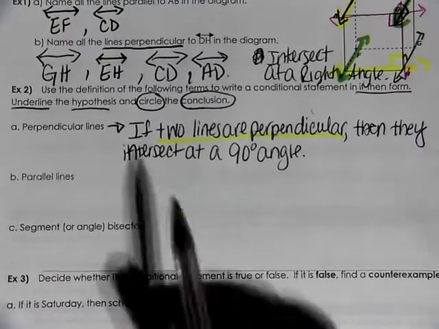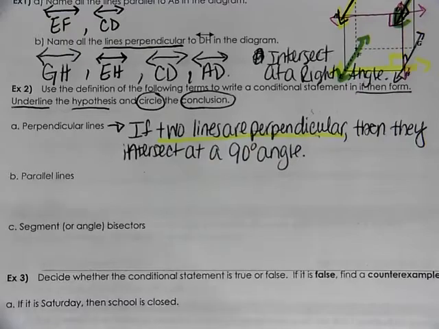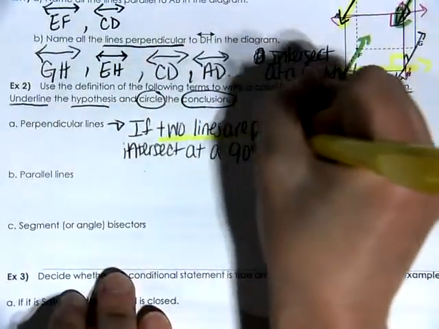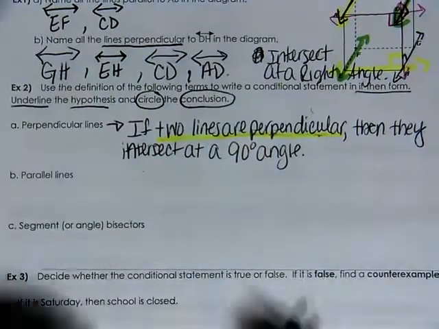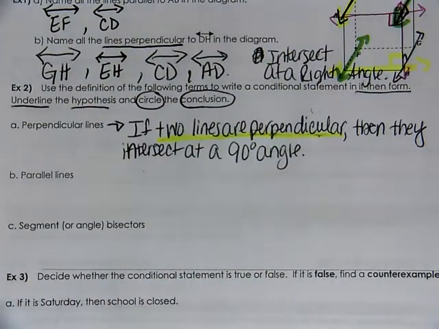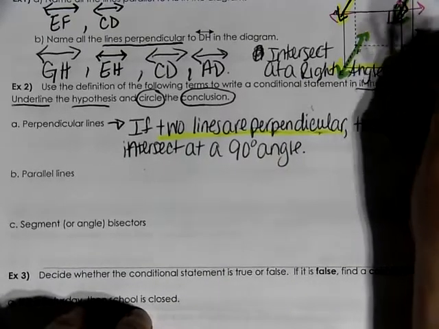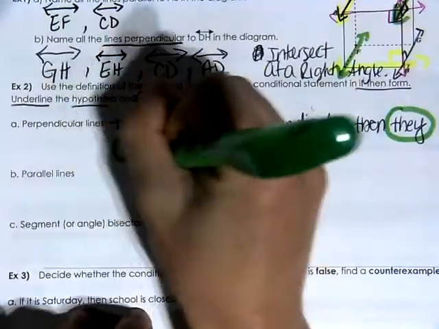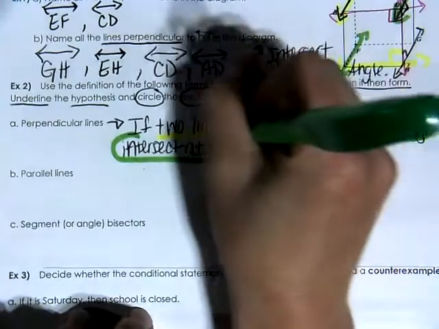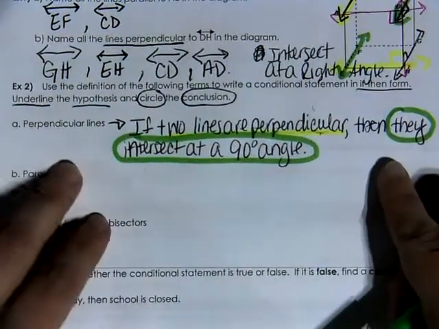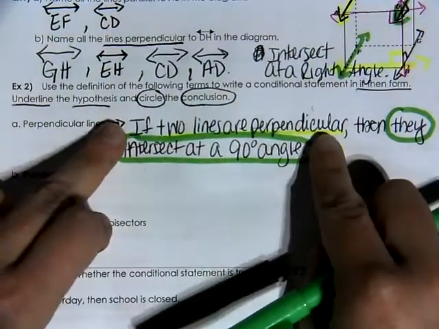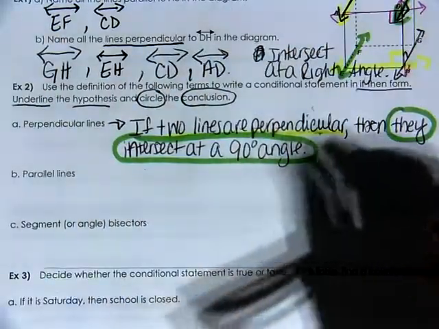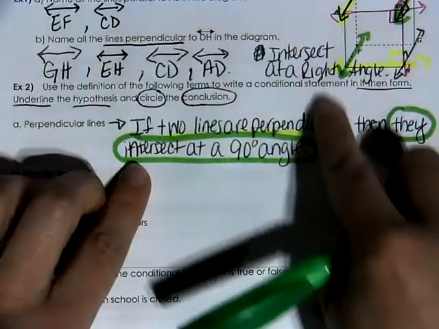Continuing on, if two lines are perpendicular, the statement that comes after if is considered the hypothesis. The statement that comes after the word then, which is they intersect at a 90-degree angle, represents the conclusion. So the hypothesis is the statement or phrase that comes after if, and the conclusion is the phrase that